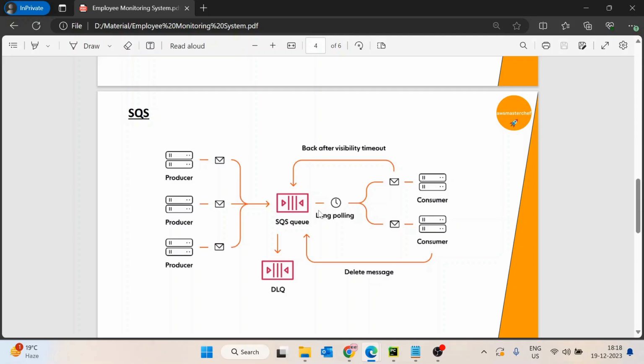Let us suppose we have pushed 100 of those 30-second chunks. We don't want a single consumer to process all those chunks one by one. We want to have, let us suppose, 10 consumers, where one consumer reads one message, the second consumer reads another message, the third consumer reads another message. That is the important thing.